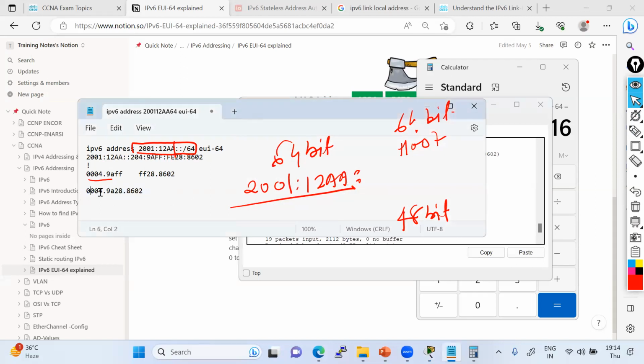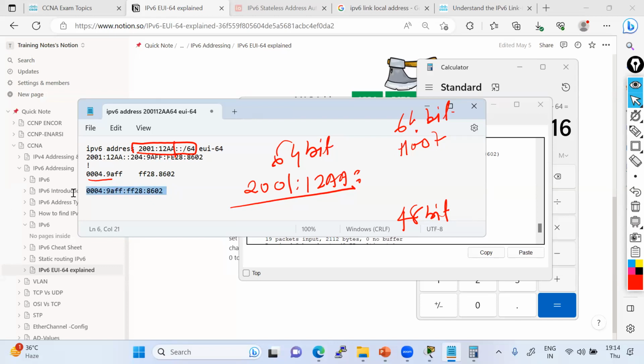To make it 64, this is the 48. You can see 16 in the first part, then 16 and 16. You just have to convert it into binary. 0 converts to binary, and 4 converts to 0100. So this is how the first octet looks: 0000 0100. If you count, the total is 16, so this is the first value, right? Similarly, you convert this one also. To make it 64-bit, we just divide it into 2 parts, add FF here and FF here, and put the notation in between this way. So this now becomes a 64-bit address, right?